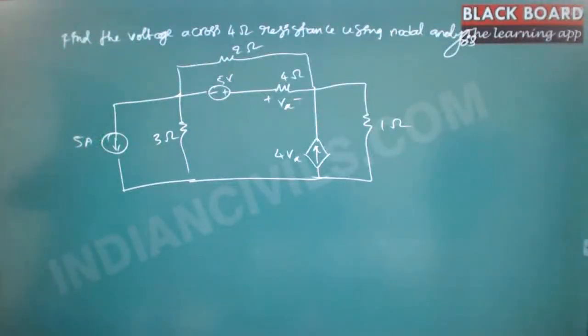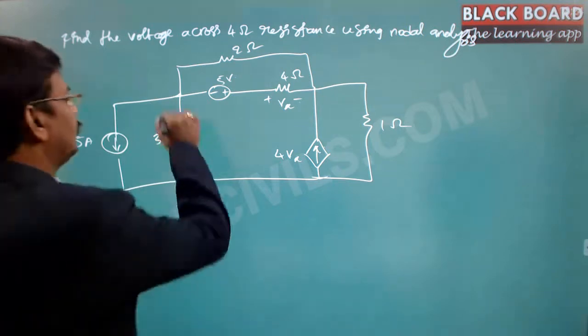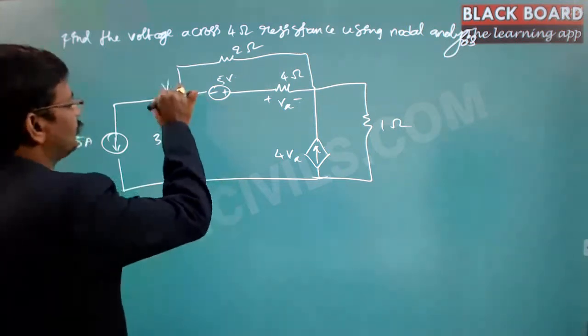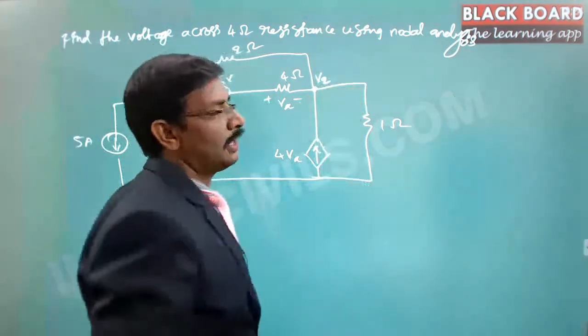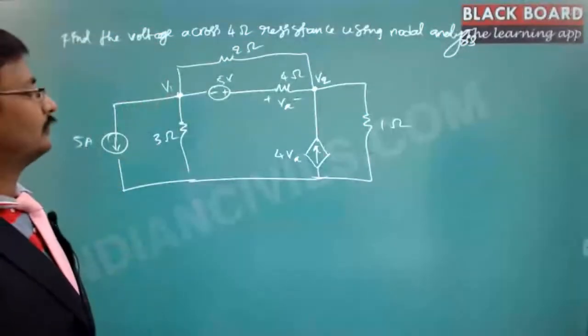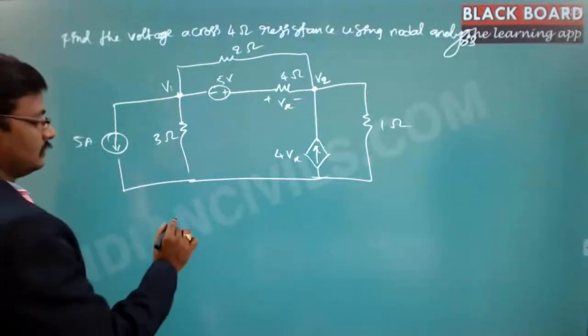So this actually has a voltage dependent current source. Okay, so let me solve this. See this. So let us say this is node 1 and the voltage at this point is V1, and this is node 2 and the voltage at this point is V2. And if you write the nodal equation at this particular point,